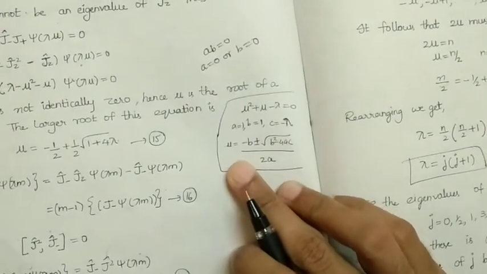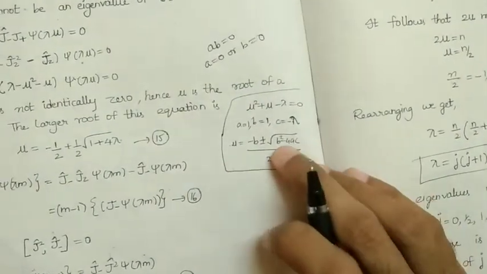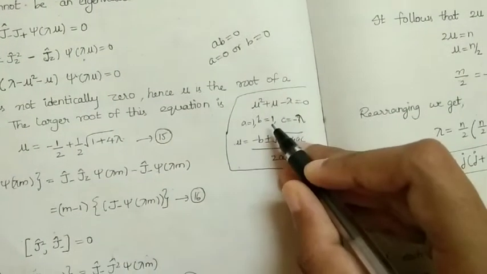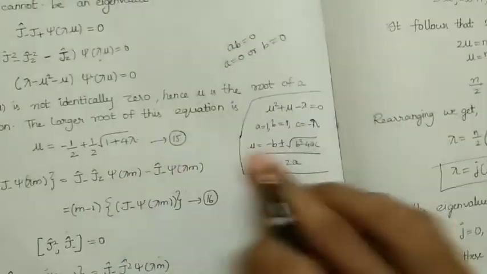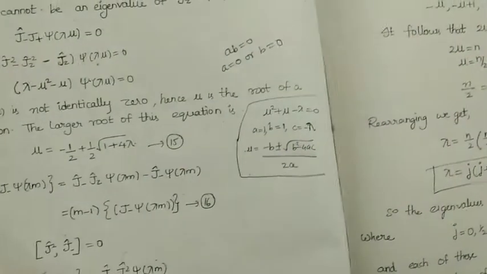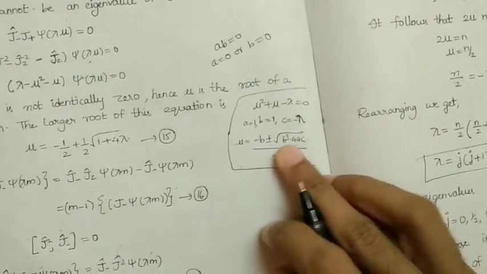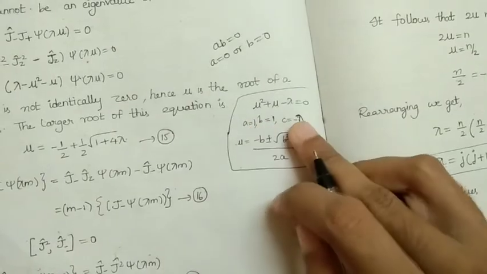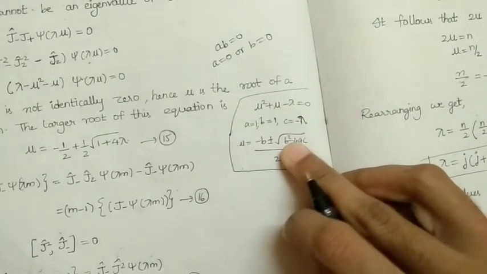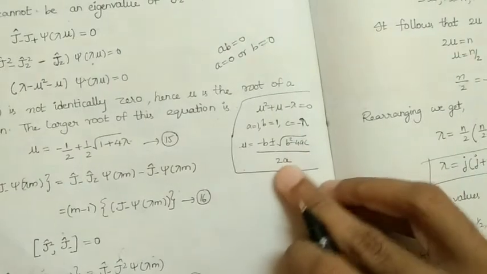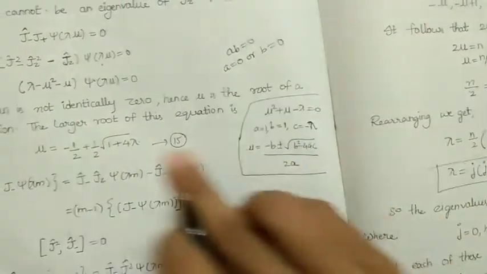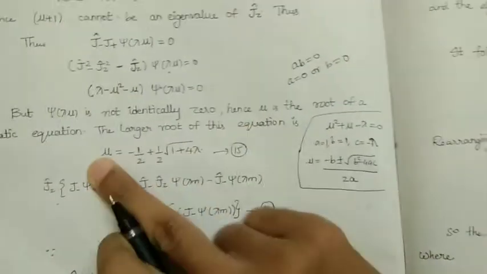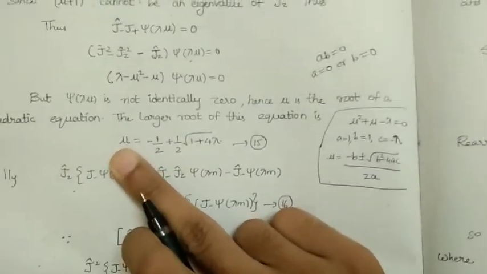Again, we know that the root of the equation is minus b plus or minus root of b square minus 4ac, by 2a. If we apply this, minus b means minus 1, plus or minus root of b square, which is 1, minus 4ac, that is 4 into 1 into minus lambda, so plus 4 lambda. So 1 plus 4 lambda, by 2a, that is 2 into 1. Hence this is the equation. Here they are saying the larger root of this equation because we have considered mu to be the largest number,